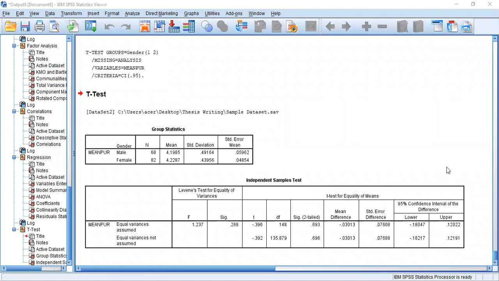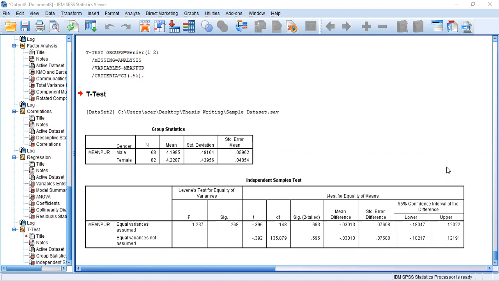Now again, assume that I want to make sure whether purchase intention differs with people's age. Now in my data set, age has different categories. There are four, five categories. Now we cannot use independent sample t-test in that scenario. Therefore, we have to use one-way ANOVA.